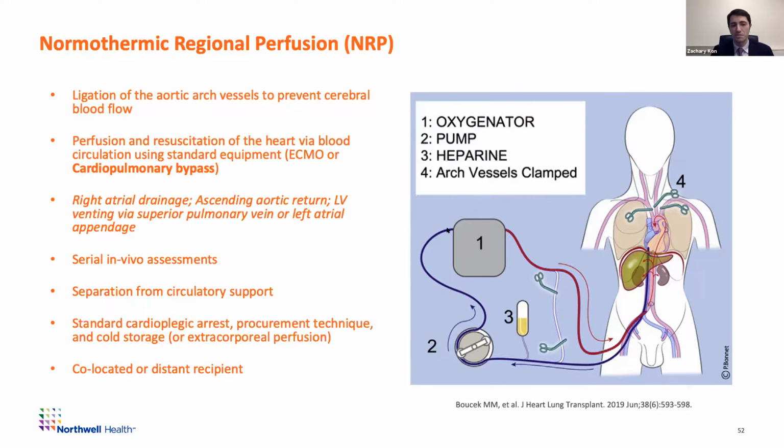So there's no reason in my mind to think a heart that has a 60% EF with normal hemodynamics and an LVDP of 4, who then has a standard cardioplegic arrest and cold storage, couldn't go at least a reasonable distance. I think this is only going to be augmented with the addition of extracorporeal perfusion techniques such as the Transmedic system.